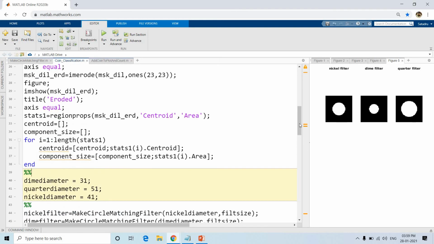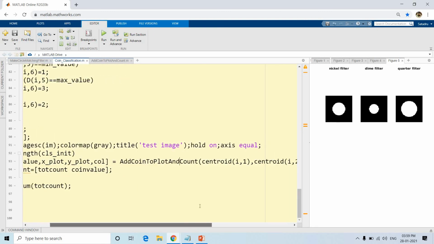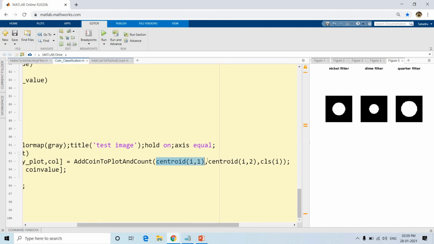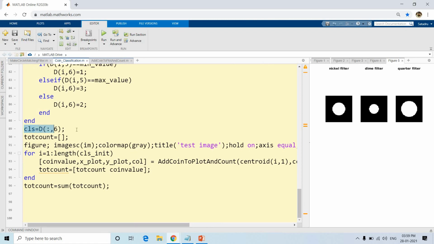And here if you check in this part, what we are doing, we are calling that particular function add coin to plot and count. Here centroid of I comma 1 and centroid of I comma 2, each time we are passing the centroid, and here CLS of I, the corresponding actual class we are passing, which is stored in the 6th column of the D matrix, and in total count, this empty matrix, we are storing the count, that is what is the value for our quarter coin, what is the value for our nickel coin, what is the value for our dime coin, etc. And finally we are summing them up.